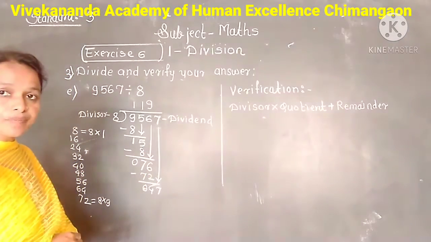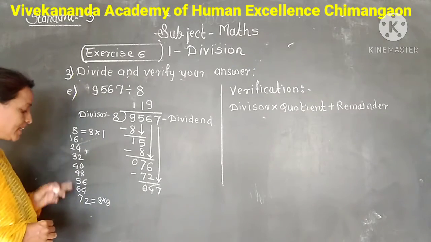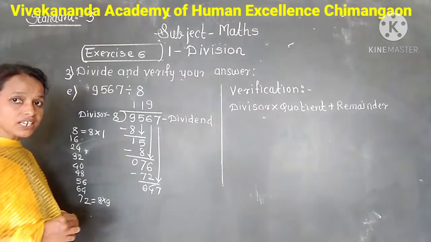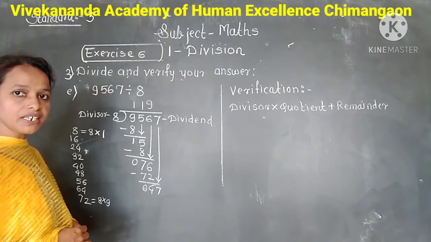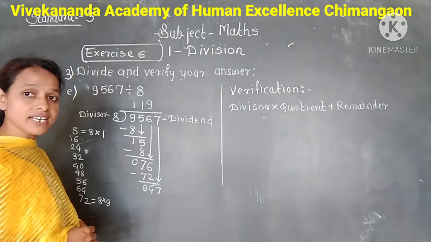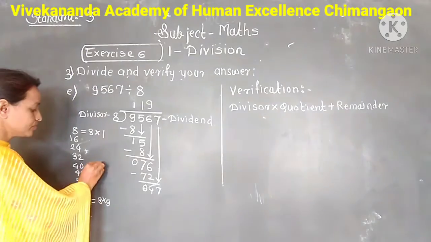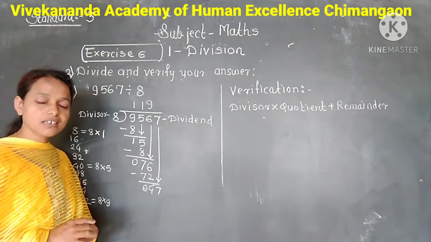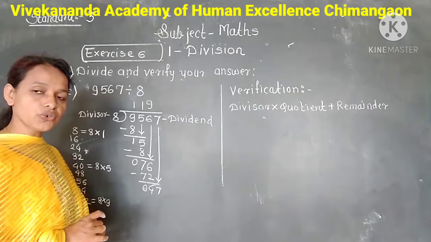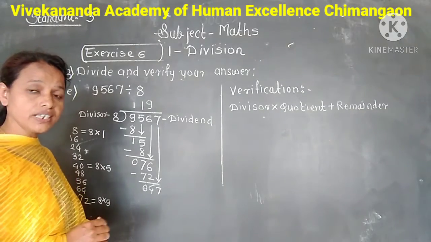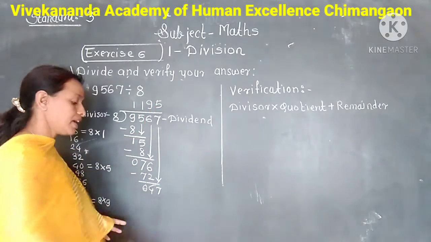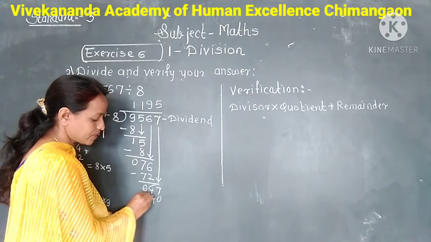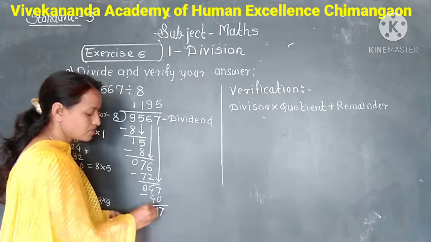Now we divide 47 by 8. But 47 is not in the table of 8. So less than 47, 40. And 40 comes at the 5th place in the multiplication table of 8. 8 5s are 40. So we divide 47 by 8. It gives 5 as a quotient. So write 5 as a quotient in the ones place. And write the product 40 right below 47. And subtract, it gives 7.